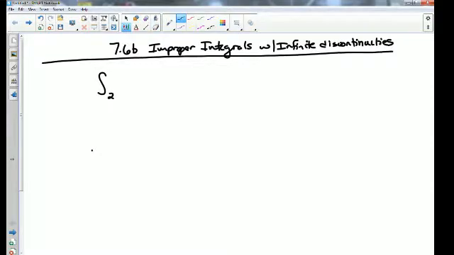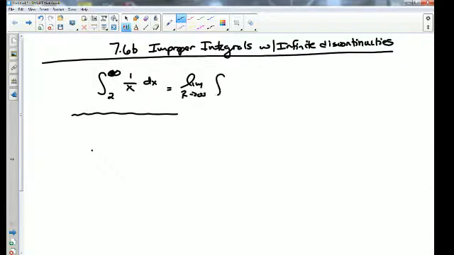Something like the integral from 2 to infinity of 1 over x. Does that converge or diverge? Remember those words? Converge gives us an answer, diverge goes to infinity, right? Okay, so that was Friday, wherein we would